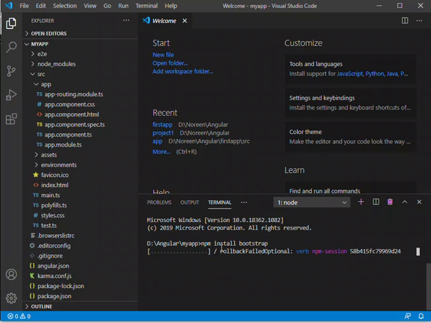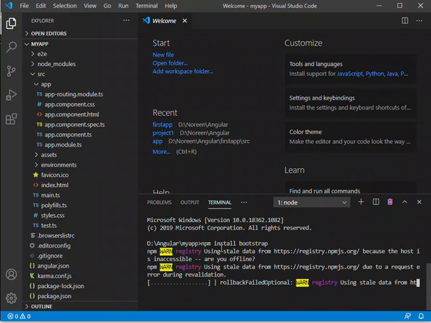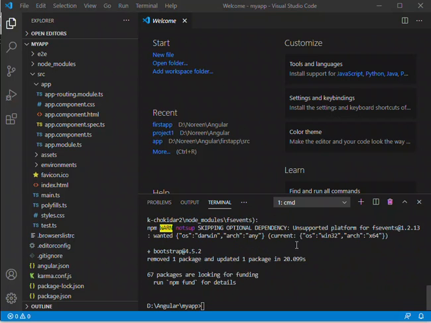It will take a little while depending on your internet connection, but you can see the progress in your progress bar. Just wait for the installation to complete. There you go. We are done installing Bootstrap, and we can see here that 67 packages have been installed.